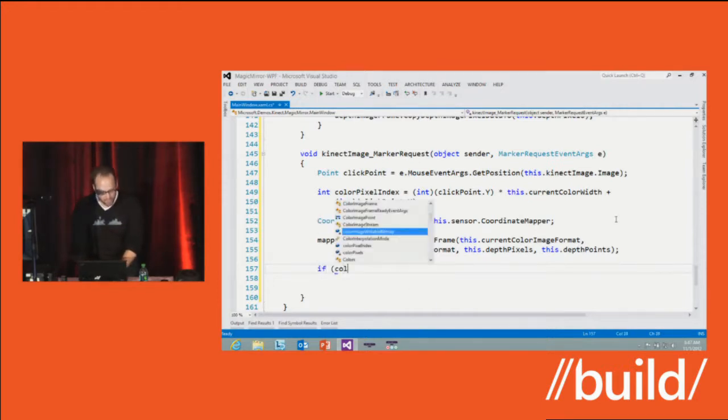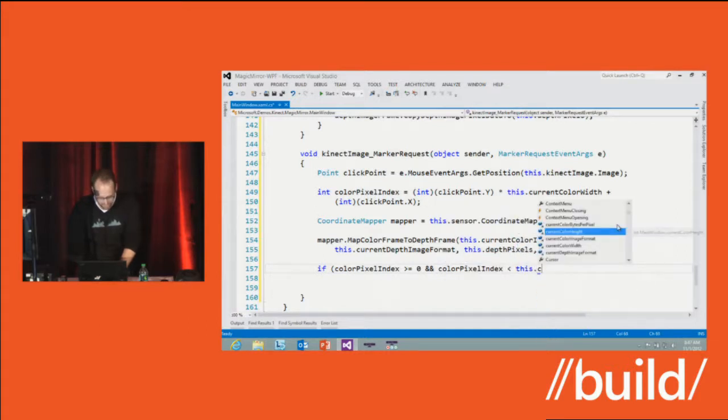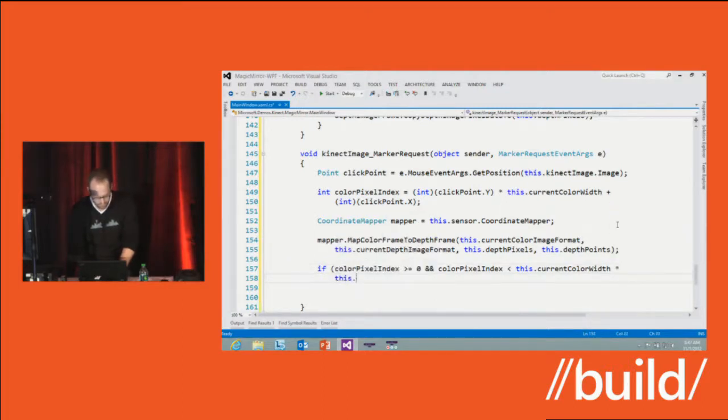I'm going to bounds check the color pixel index to make sure that it actually is greater than 0, because not everything maps exactly. If I click on the outside edges of the color photo, it won't map to a place in the depth. So I'm going to make sure it's greater than 0, and also make sure the color pixel index is less than the color current width times the height. And as long as it's okay,